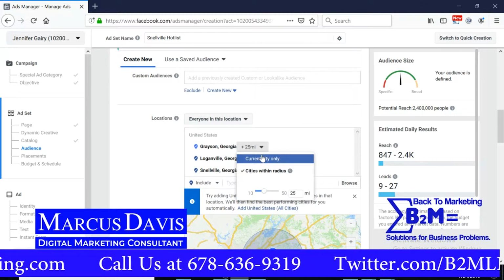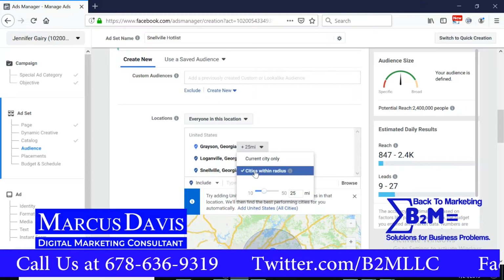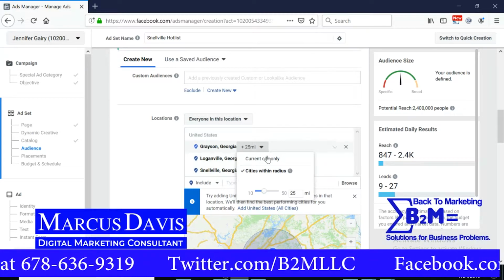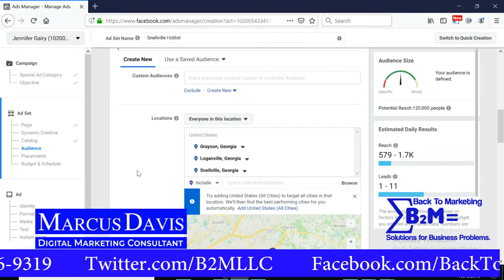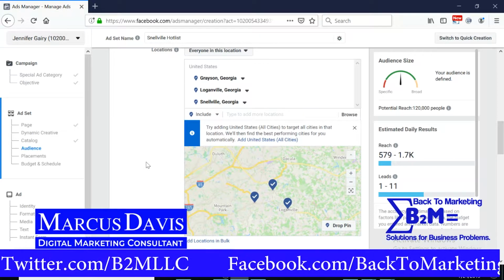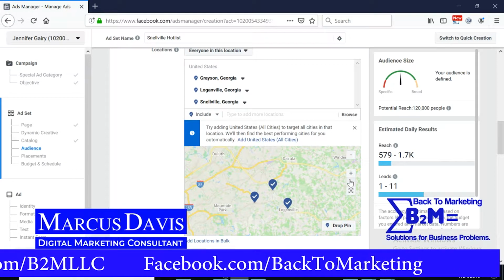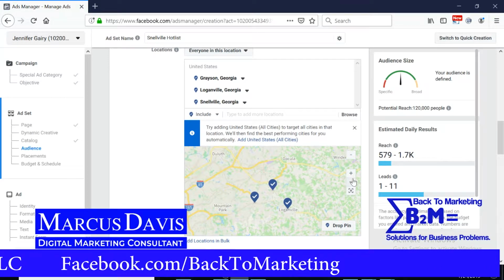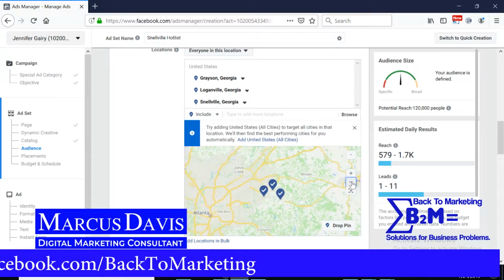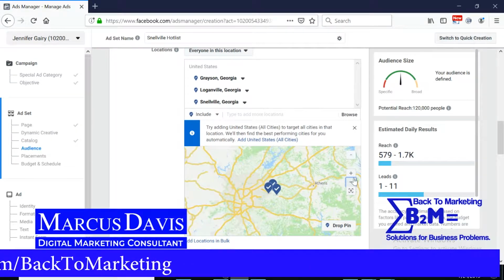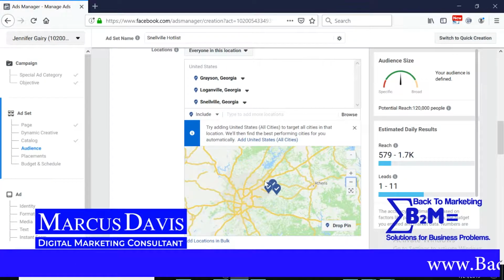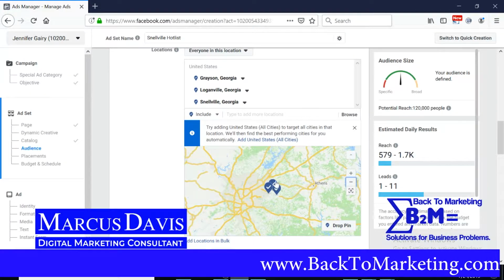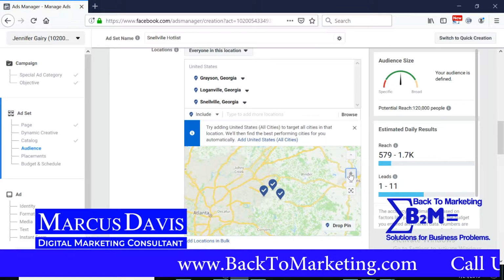And if we put them on city only, then we can see where they are. So if I click on this minus sign, right now I'm on the map. So if I click on this minus sign, then I can come out a little further. Over here is Atlanta. This is inside the perimeter. And we're out here in Gwinnett County. I see they're all close to each other. So what I want to do